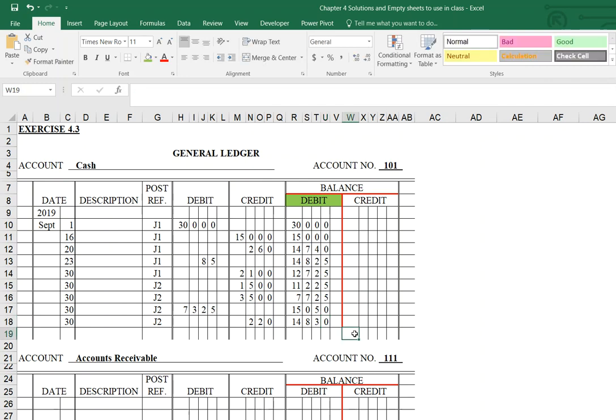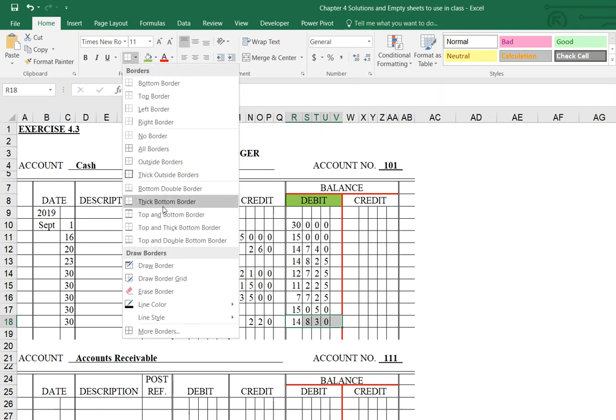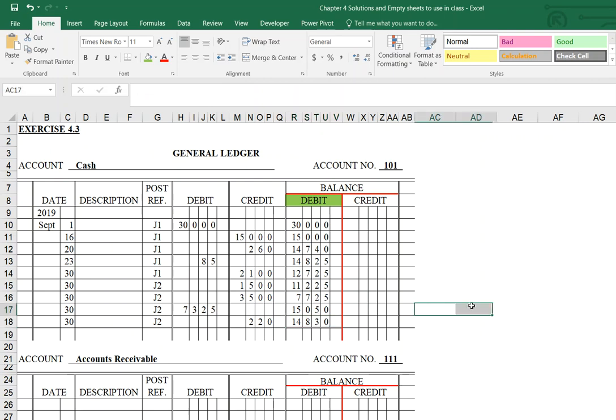Okay, so now there's no more adding or subtracting to do. If this is the last transaction of the month, which in this case it is, then we just need to know this bottom number because we're going to put that number in our balance sheet when we fix our financial statements. So the only thing we would need to do there is put a double underline to show that's the